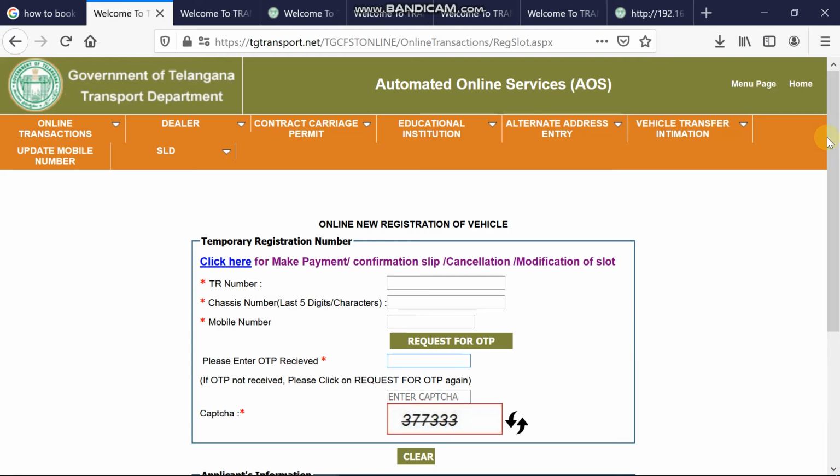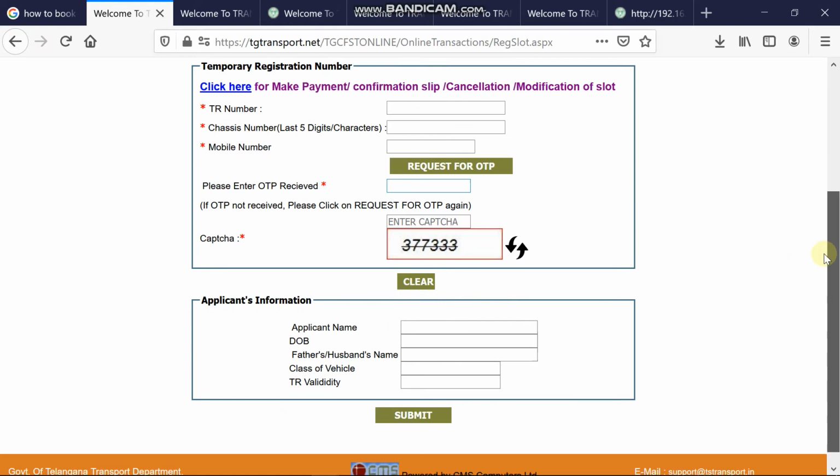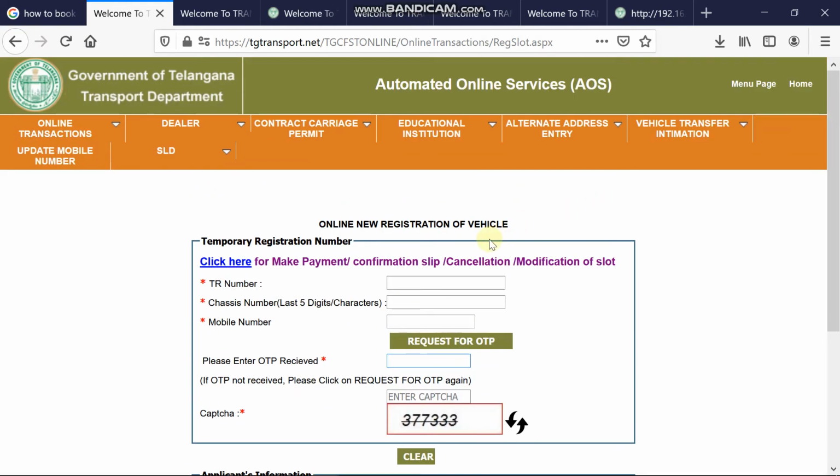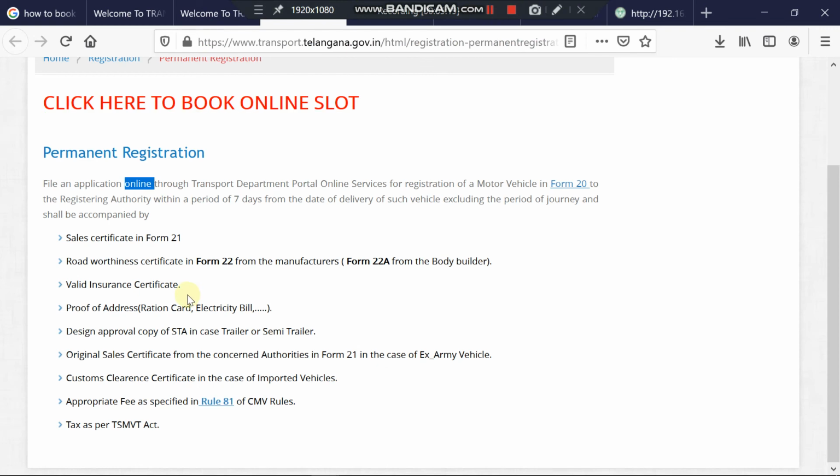Definitely you have to take a printout, otherwise they will not allow you. They need a hard copy. Along with this, you need to take a PAN card Xerox as well as an Aadhaar card Xerox, to be on the safe side, and the documents, license, and everything you have to take with you. So these are the documents you have to take along with you.